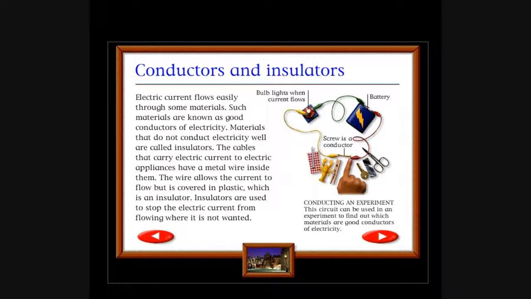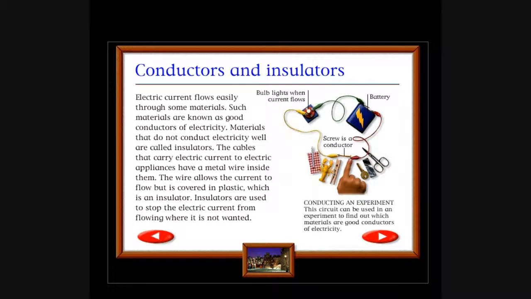Now this is the light. So this is the thing we're trying to get power to. The battery supplies the power to the light. We don't really need this red one, do we? You take this red one away, move this yellow one onto it, and you save yourself a screw and a